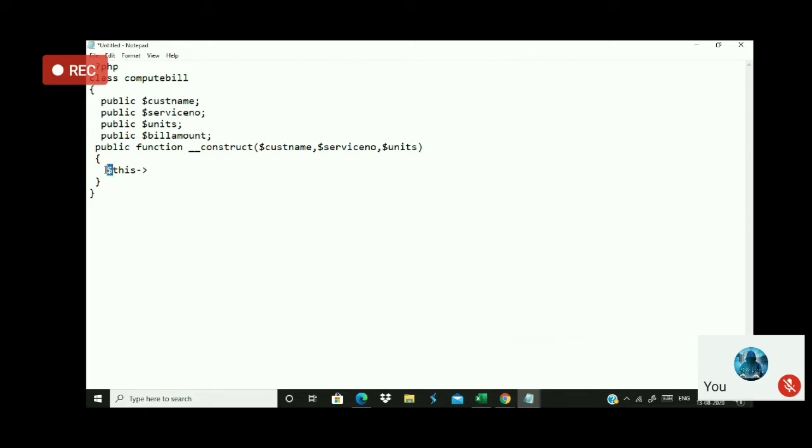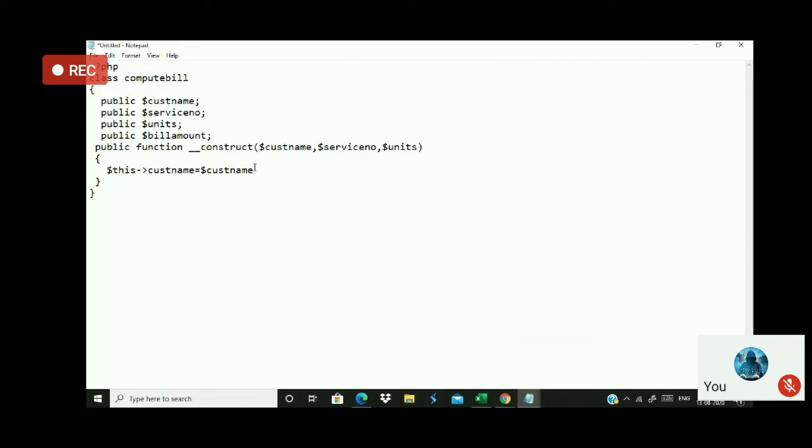Since dollar exists in this, simply use customer name, cust name, okay, and equal to, now you have to assign the local variable name. So the local variable name is dollar cust name. Whatever you see on the right side is called a local variable. Whatever you see on the left side is called a property name. So property name is this one.